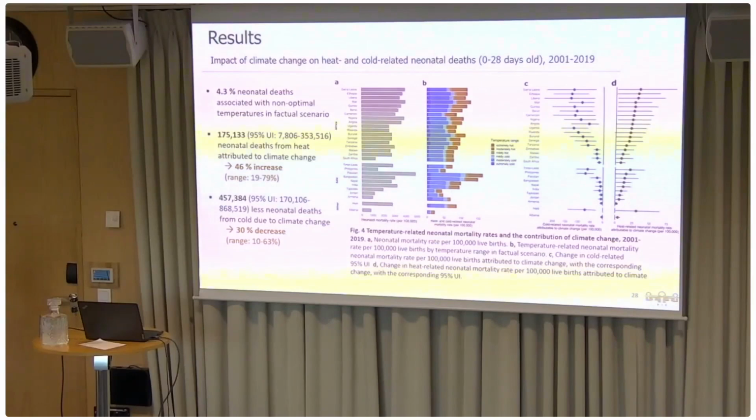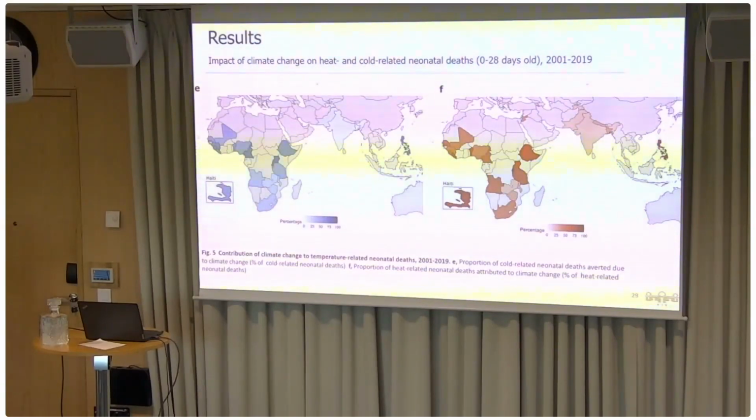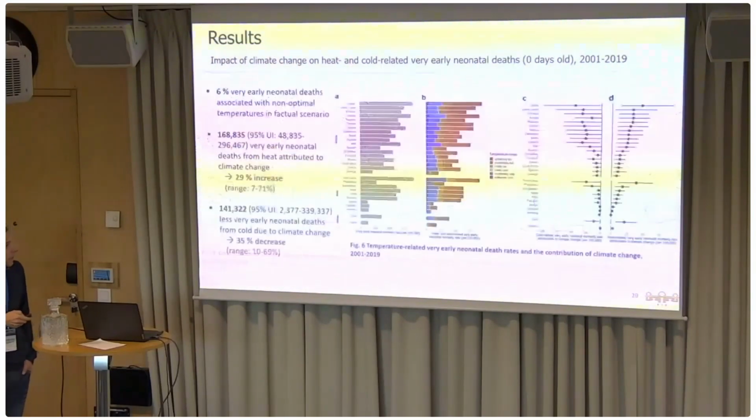No climate change, while there is a much bigger difference in cold, just a 30%, much bigger in total for the cold effect. So a much bigger decrease in cold effects. Now, this is the geographical distribution of the effects, which in particular for heat, some places like Haiti and the Philippines, and some countries in Africa, are much more affected than others. And for example, India, much less.